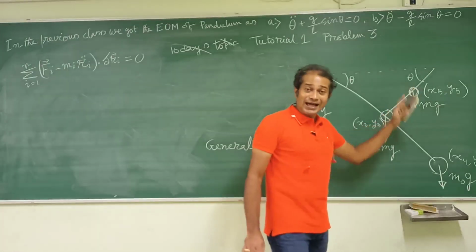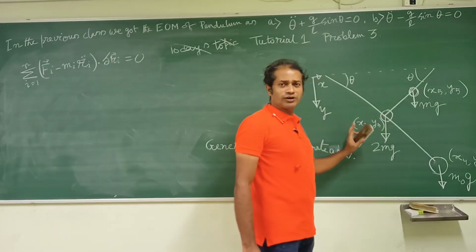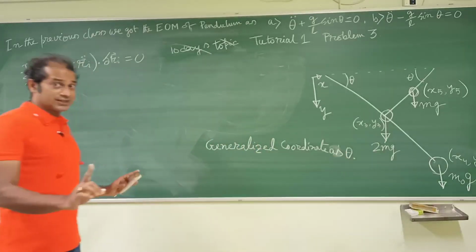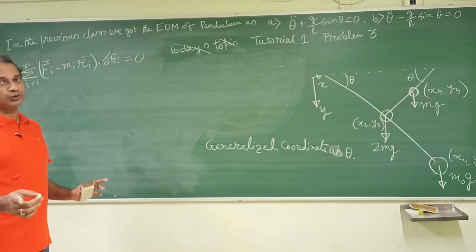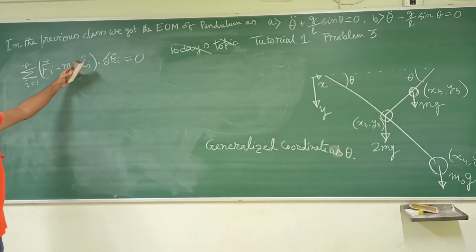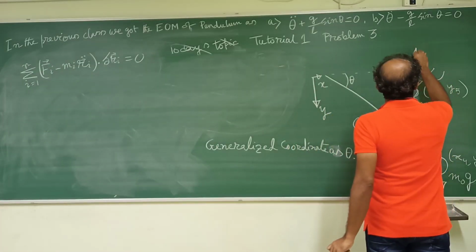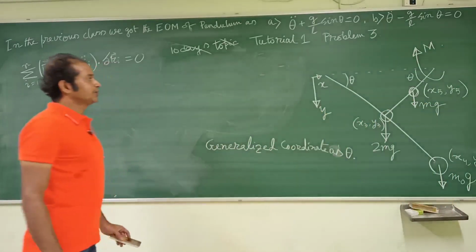Okay, now it is clear. As it is a static case, I'll just take care of only the y coordinates. But if it is a dynamical case, then please remember I have to take care of x and y both. So over here I can conveniently erase this part because it is a static case. There is another thing, that there is a moment M that you are giving. That is the external moment that you are giving.